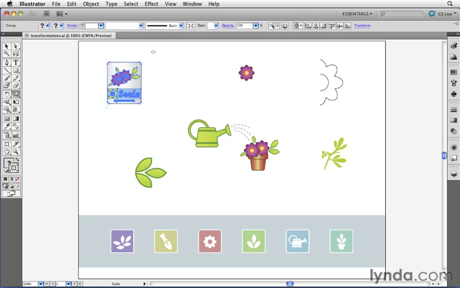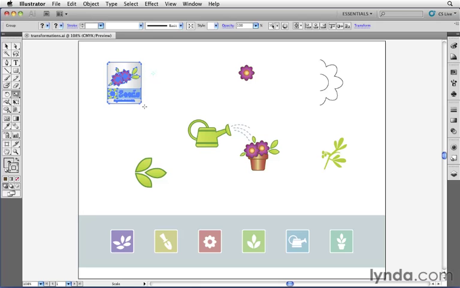I'm going to press undo, and I want to share with you one great tip about combining the ability to define your own origin point, but at the same time also perform very precise and numerical transformations. We know that when I have the scale tool selected, I can click in any area and release the mouse to redefine the origin point. I know that if I start clicking and dragging, I can resize that, but I'm doing it by eye. Let's say I know that I want to scale this exactly 128% from a very specific point. Well, what I'll do there, I'm just going to click once here to cancel that action,